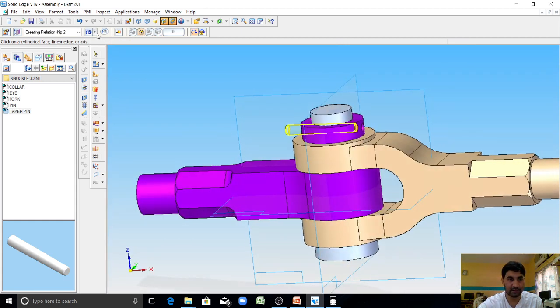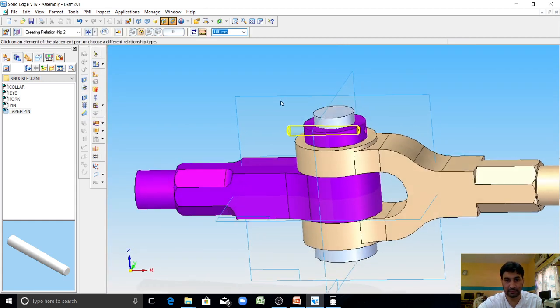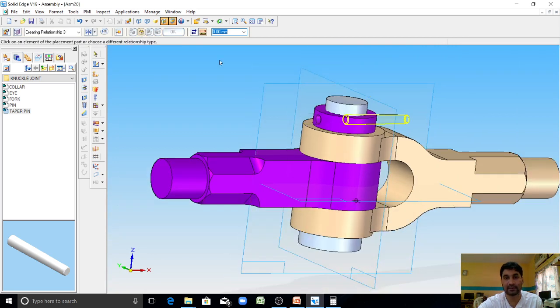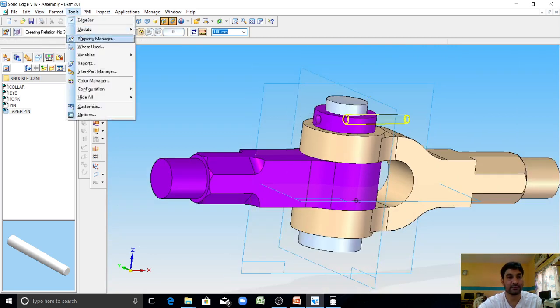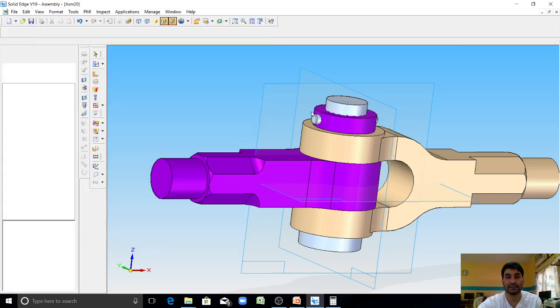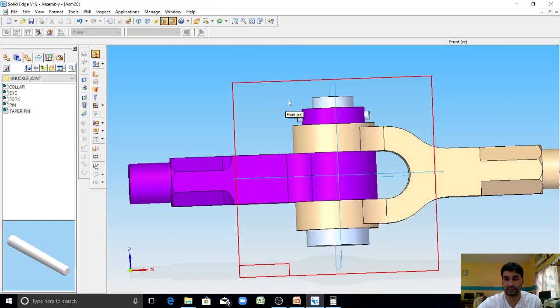Now using the mate option, mate this surface with this center plane. And using the tools variable option, mention this length as -22, which is the center of the key. You can see it has come to the center now.